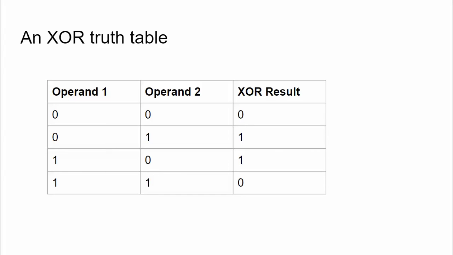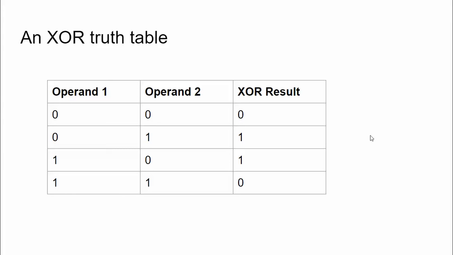A regular OR would give you a 1 as an output. It's like asking, am I wearing a left shoe or am I wearing a right shoe? Well, the answer is yes, I'm wearing both, right? That's the regular OR operation. Here we say, okay, if you're wearing one shoe and only one shoe, then the output is a 1. But if you take two 1s and you XOR them together, you get a 0 as the result, because both operands are the same, and to get a 1 out, exclusively one of the operands has to be 1.